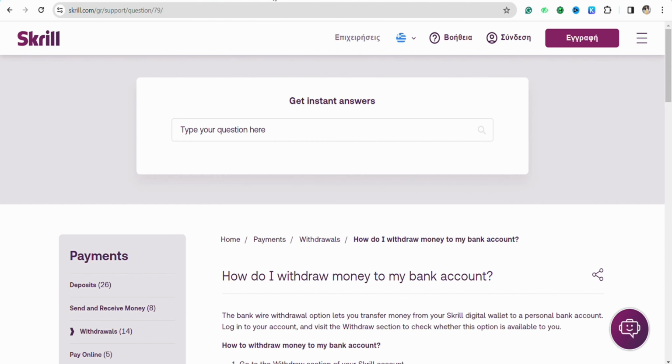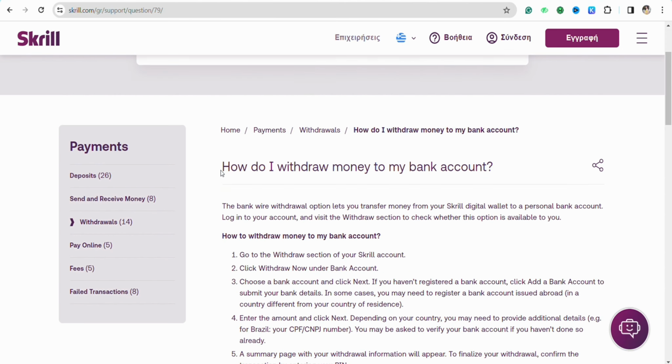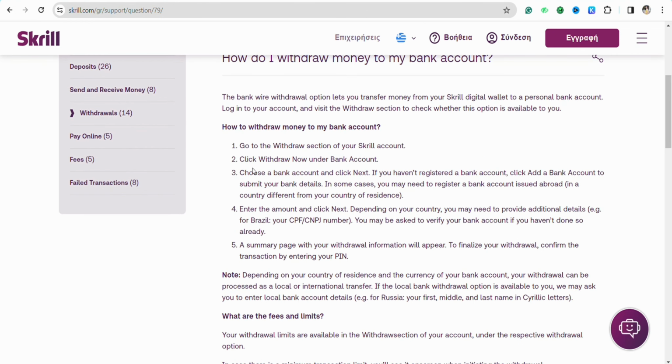So as you can see, I'm on the official article page of Skrill, and here the process of withdrawing money from your Skrill account is mentioned. In order to withdraw your money from your Skrill account, you need to go to the withdrawal section of your Skrill account, then click on withdraw now under the bank account, choose the bank account, and just